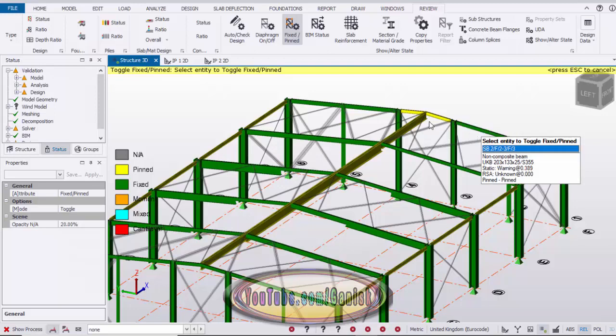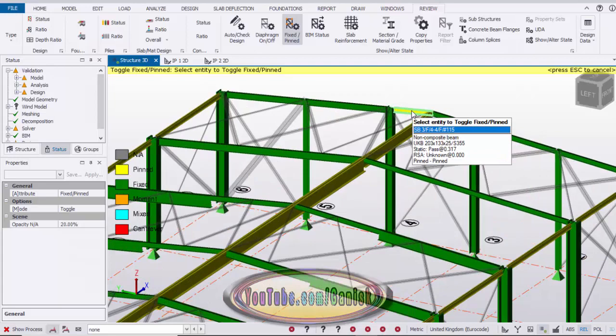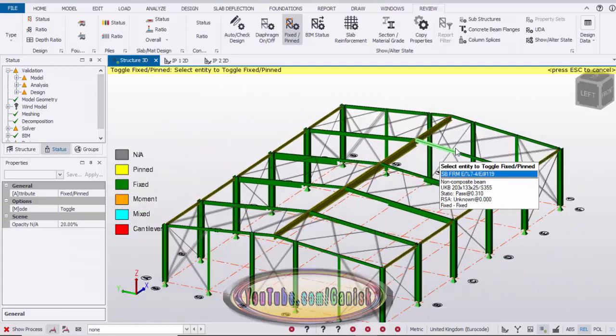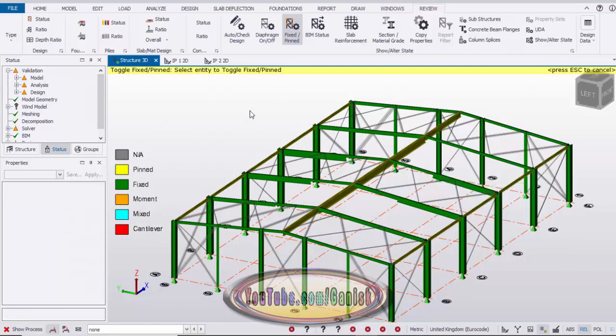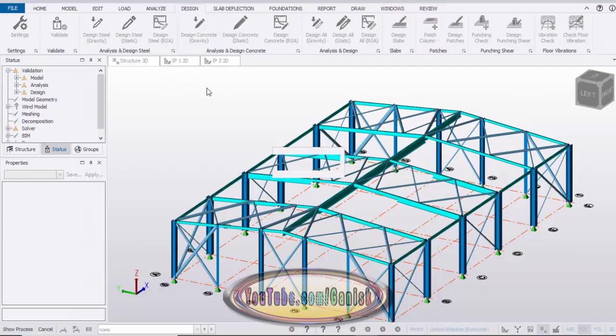Just click at the middle of the rafter, then only you will get fixed type on both sides like this. Okay, now we're going to redesign once again, so click on design and click on design steel.